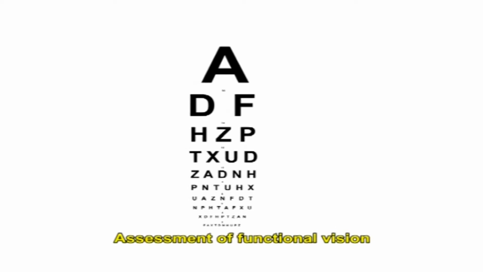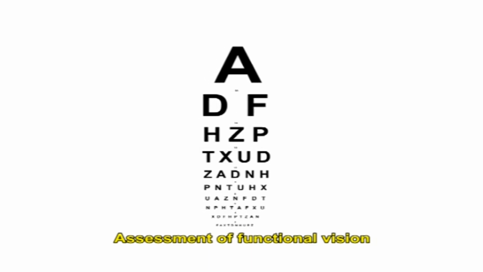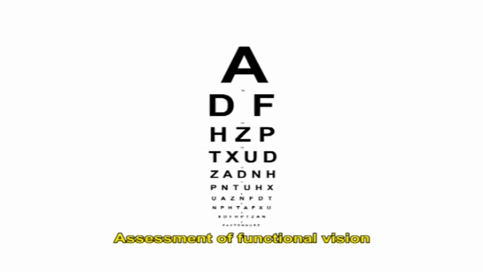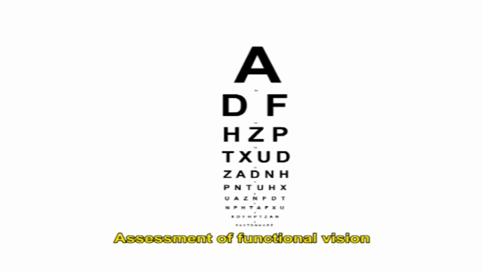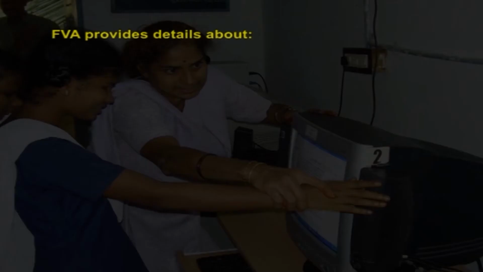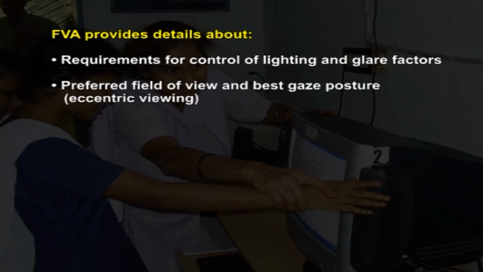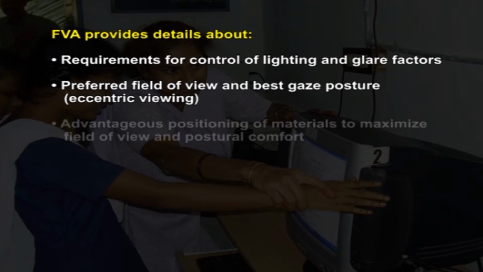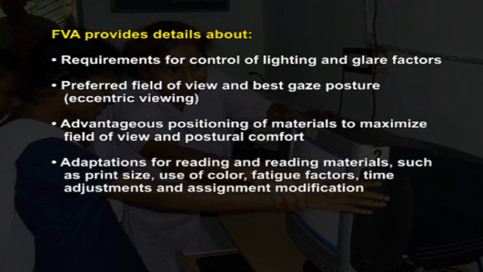Assessment of functional vision, termed functional vision assessment or FVA, helps us to identify a person's present level of visual performance and highlight the functional implications of the particular vision loss. FVA provides details about requirements for control of lighting and glare factors, preferred field of view and best gaze postures, that is eccentric viewing, advantages of positioning of materials to maximize field of view and postural comfort, adaptations for reading